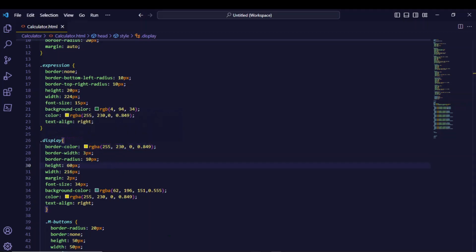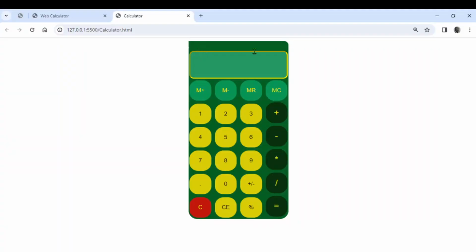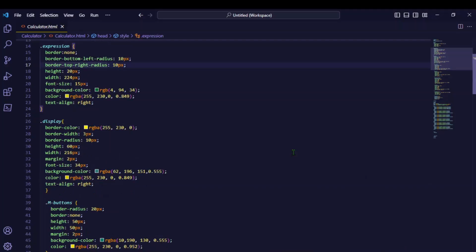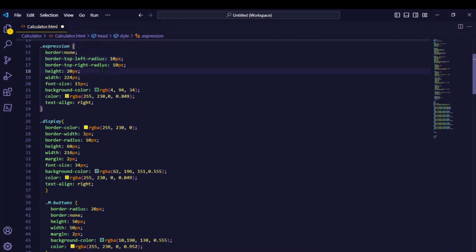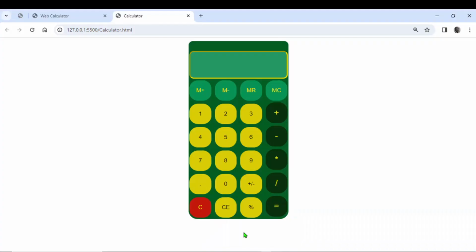Let's save and see. And also we have a border radius here. It's not affecting the top left corner here. The expression, border top, this should be border top left, not border bottom left. Border top left radius. Let's save this and see what we have. Okay,